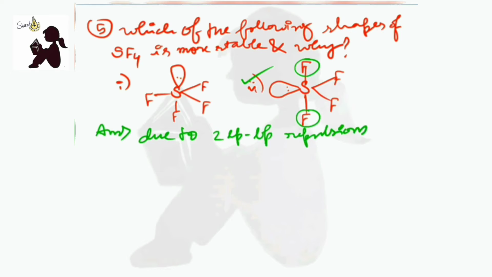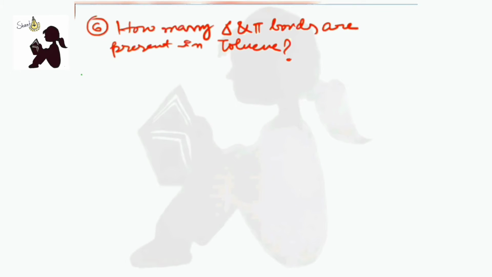So let's see the sixth question here, that is, how many sigma and pi bonds are present in toluene. So to answer that, we have to draw a figure of toluene. So let's draw it. And here it is like this: H, H, H, and here also this. So here it is also H, H,